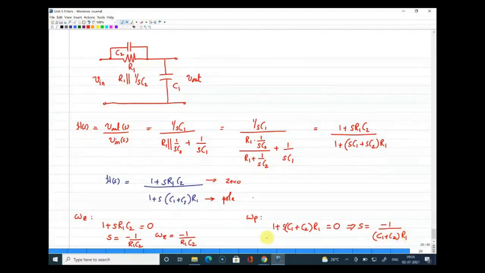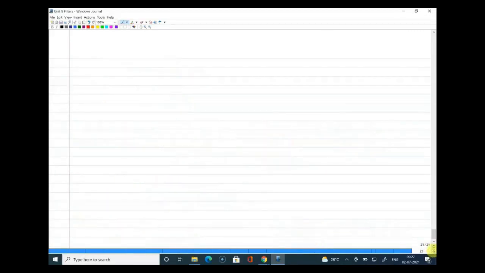That again gives the expression for the pole as minus 1 by C1 plus C2 into R1. Again, this is what we mark on the pole zero diagram. So if I draw the pole zero plot, I hope you are following. If not, please let me know in the chat. So if I draw the pole zero plot here with sigma here and j omega here on the S plane,